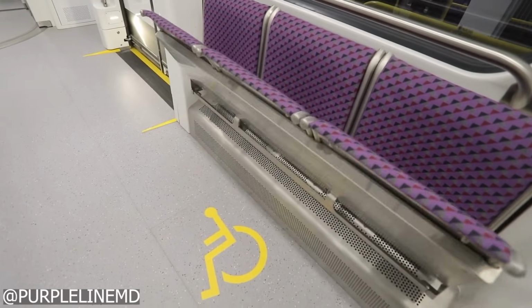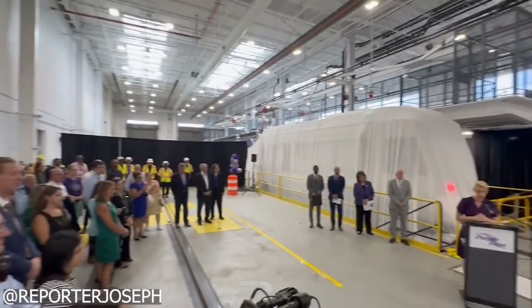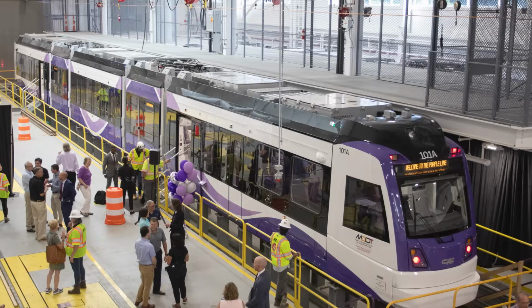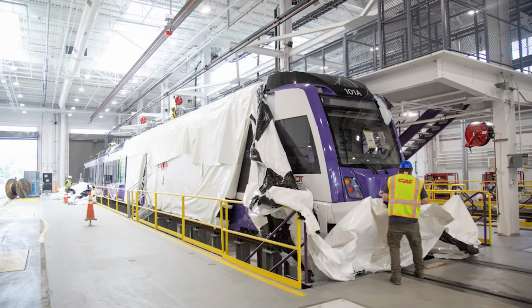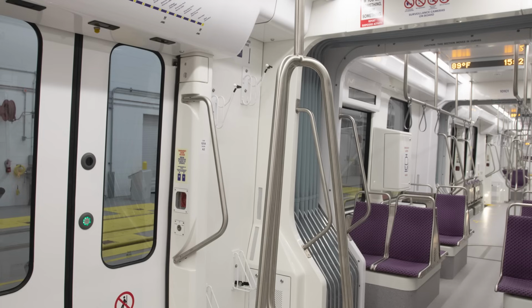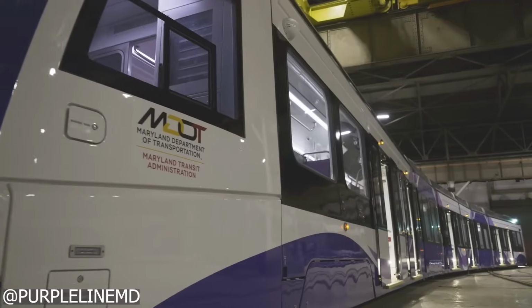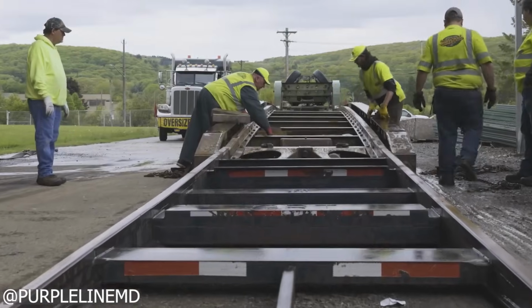Unveiled in July 2024, the vehicles are among the longest light rail cars in the country, measuring 142 feet, nearly half a football field. Each can accommodate up to 430 passengers, including seating for 80, storage for 8 bicycles, and space for up to 8 wheelchairs. Unlike Metrorail trains composed of multiple cars, Purple Line vehicles offer a continuous interior layout to allow for smooth passenger flow. In September, the newest light rail vehicle, LRV, for this project, designed in Spain and assembled in New York,